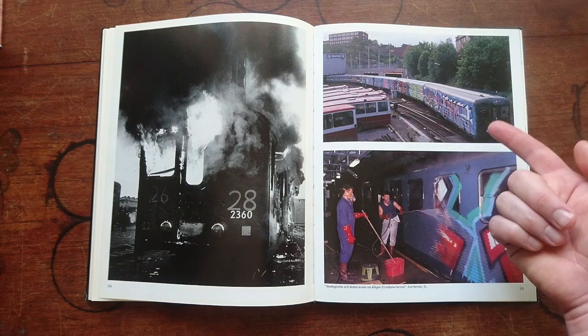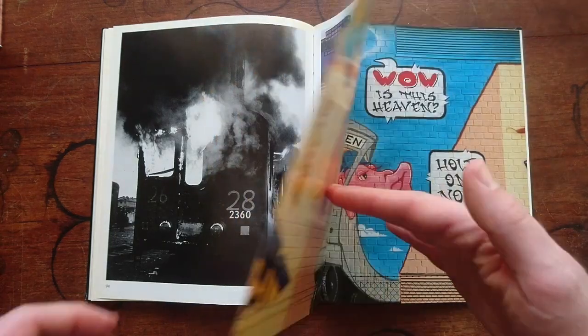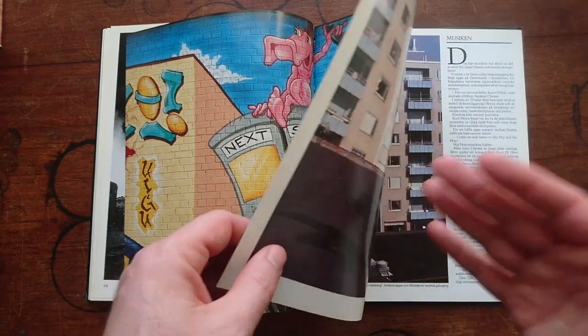Here, the whole train again we saw before. So he really followed this stuff. I think he got some good pictures. This I can't really understand. Why put this image on a...